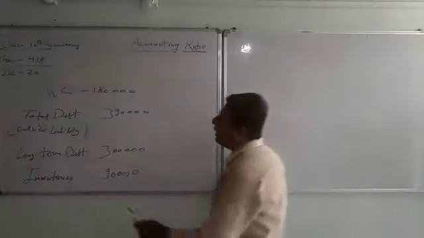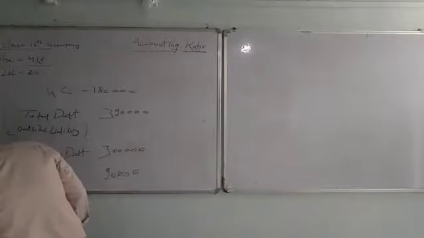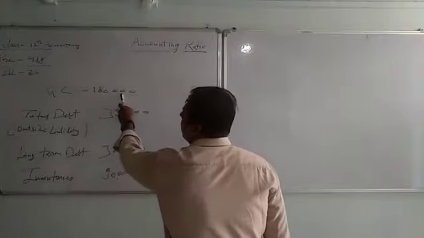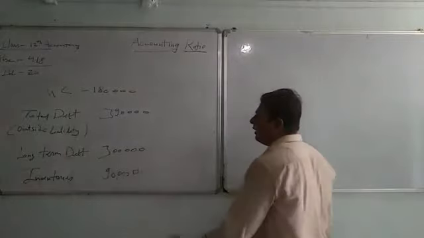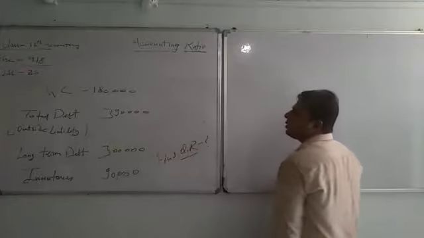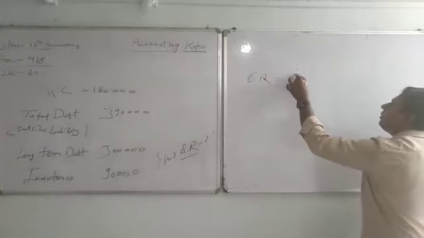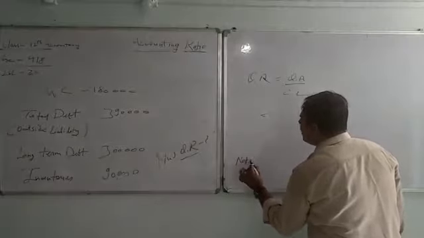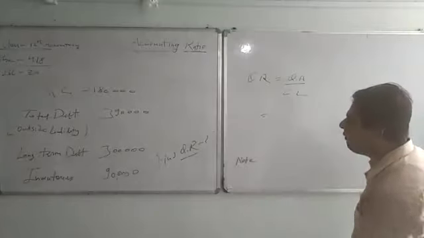So here is illustration number 25, page number 4.18. Working capital is given 1,80,000. Total debt 3,90,000. Long term loan 3 lakh. Inventory is 90,000. You are asked to find the quick ratio here. So how do we find the quick ratio? Again, see the solution. Quick ratio is equal to quick asset divided by current liability. Nothing is given to us for current liability or current asset, so we will write the note for finding them out.